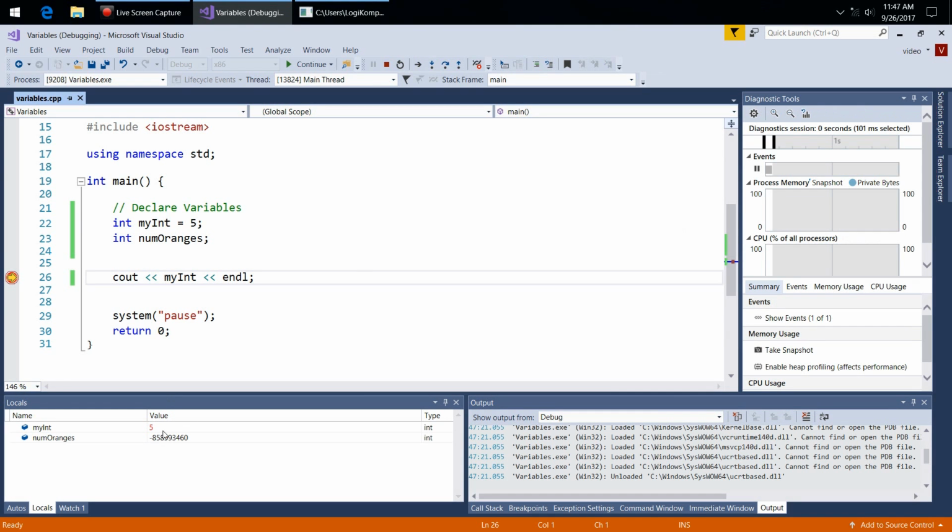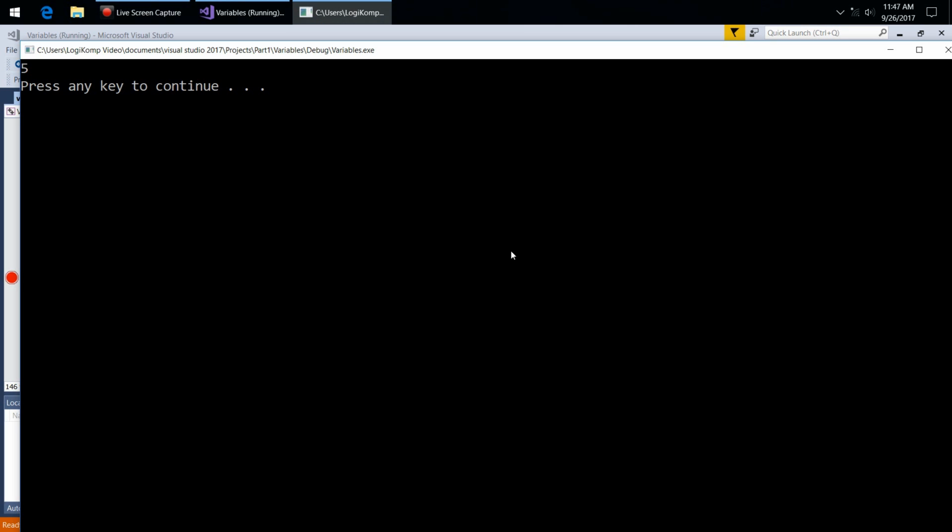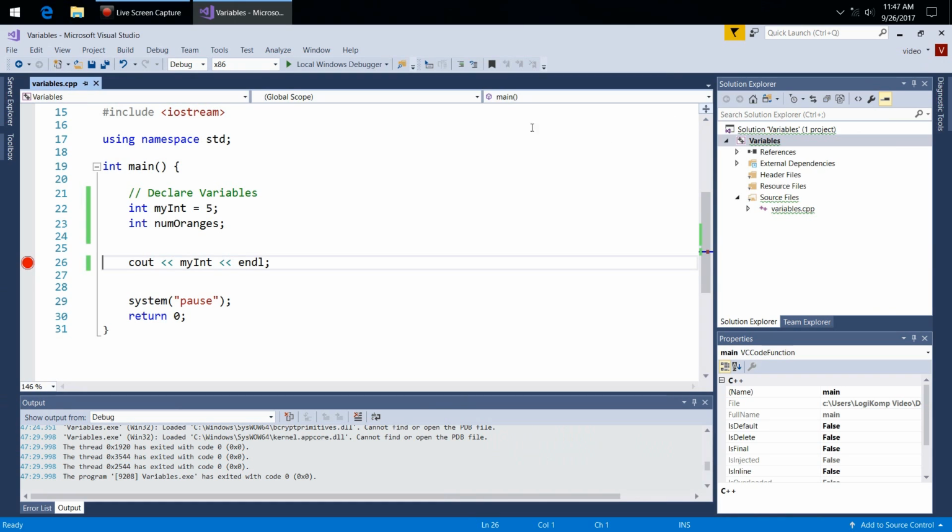Here you see the value is 5. If we continue, it outputs 5. So it's just that easy to initialize a variable. This is the initialization